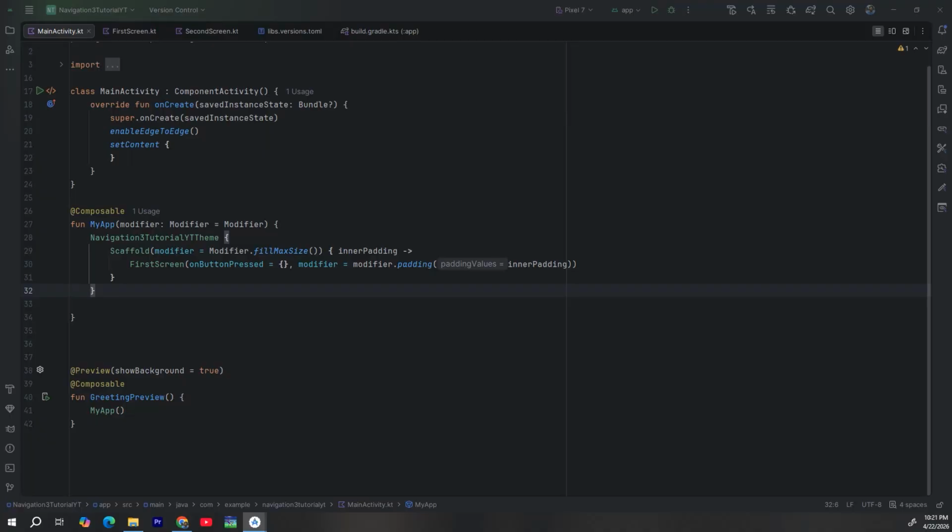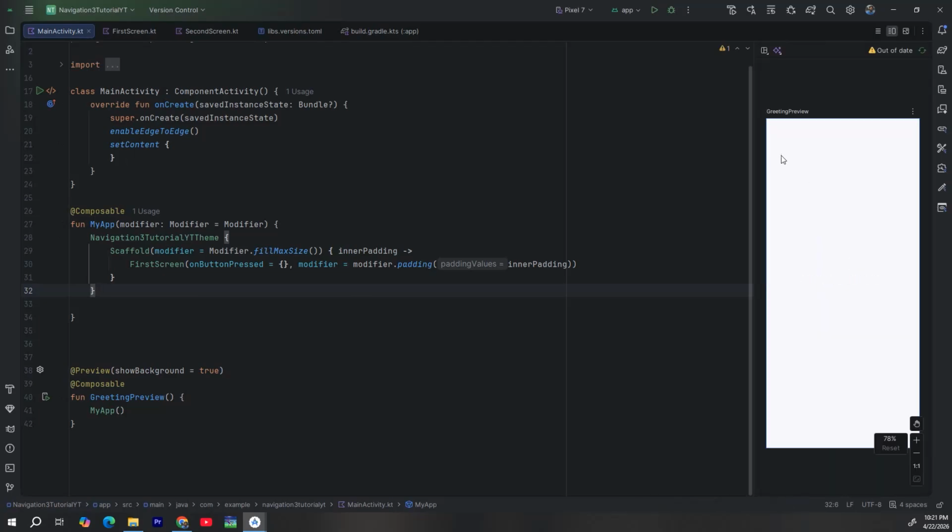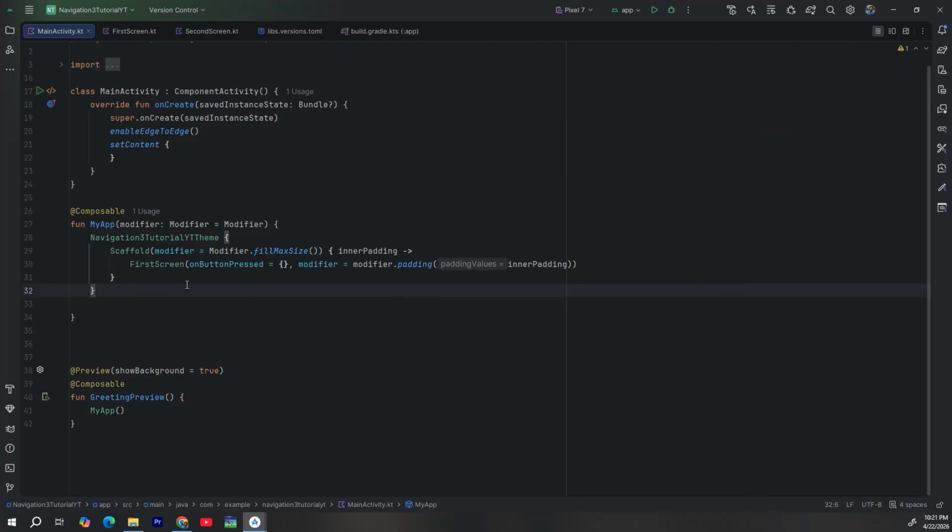Another thing we can do, which is, whenever we launch the emulator, on the mobile screen, I want all the content at the center of the screen. So at the center of the screen means if this is the screen, then I want the text that will show the screen name and the button at the center of the screen. And to put all the contents at the center, what we can do is we can use the surface composable function as a direct child of scaffold. So I'm going to remove this line, I'm going to cut it, and as a child of scaffold,